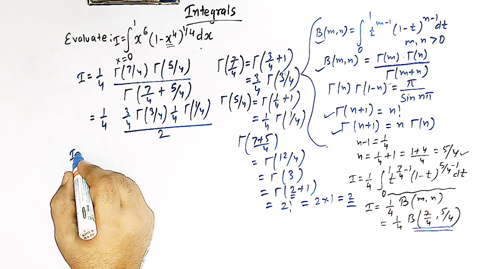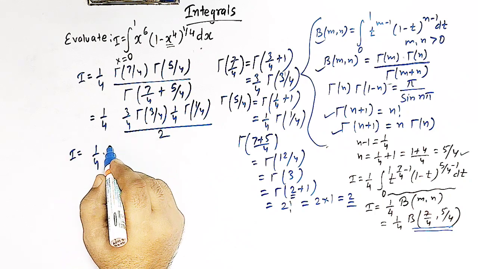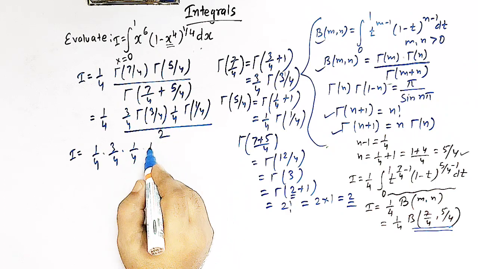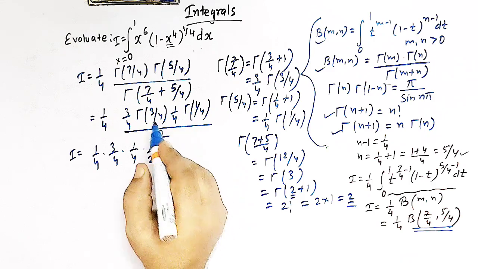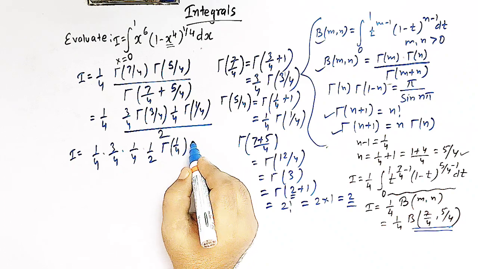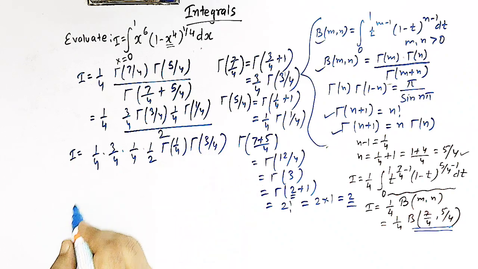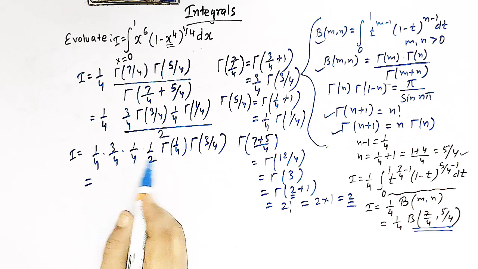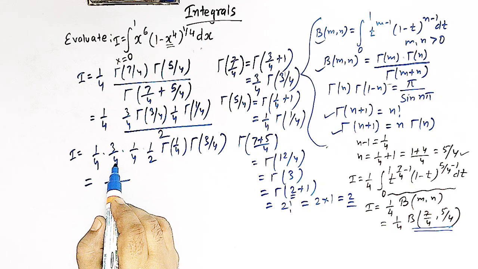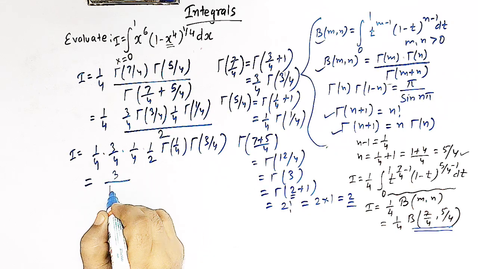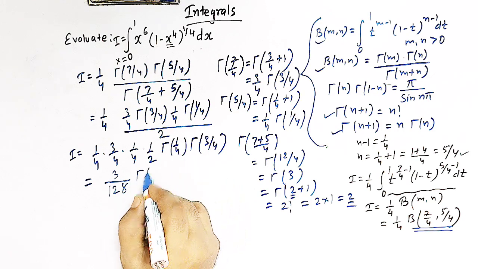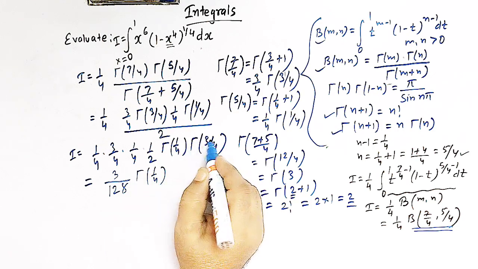So now we have I is equal to 1 by 4. We have 3 by 4. Here we have 1 by 4, and here we have half, so we can write 1 by 2, and we have these two terms, so we can write gamma of 1 by 4 and gamma of 3 by 4. So we can multiply these four fractions, so we have 3, and here we have 4 times 4 is 16, times 4 is 64, times 2 is 128, right? And here we have gamma of 1 by 4,